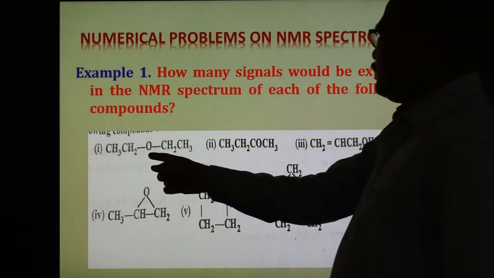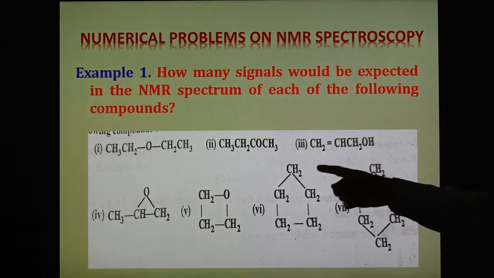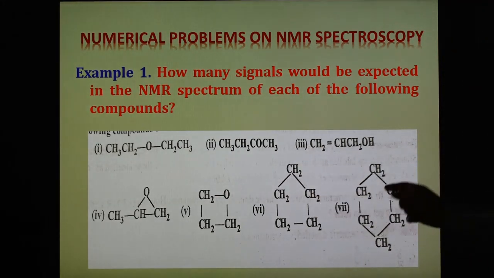These are the seven organic compounds shown here, 1 to 7, and we have to explain how many signals are expected in each compound. So in compound 1,